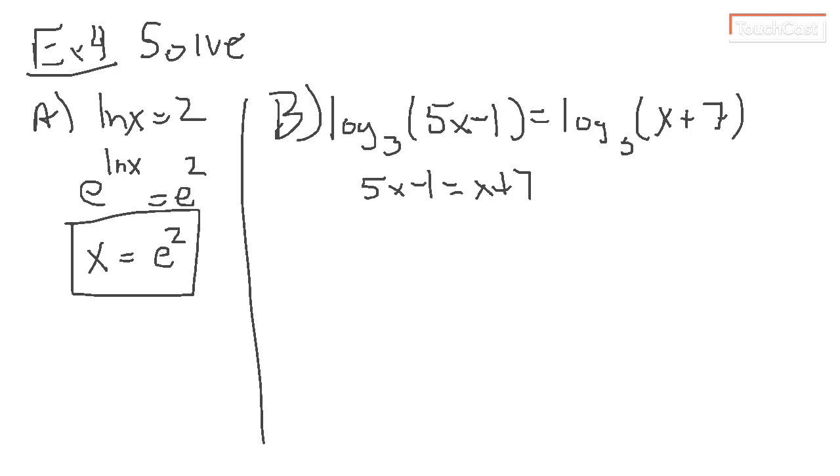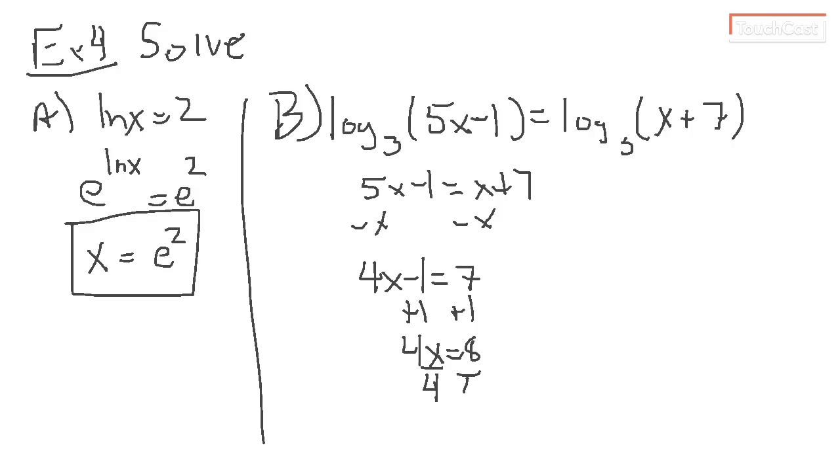We can subtract x from both sides. We'll have 4x minus 1 equals 7, and then add 1. So 4x equals 8, and then we can divide by 4. And we find that x is equal to 2. And we're done with 4b. I also have a c that I want us to look at. So example 4c,